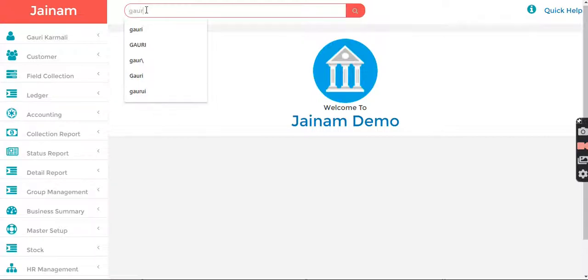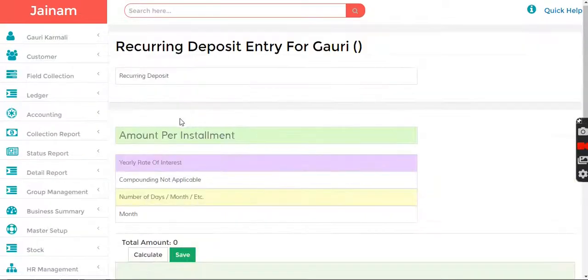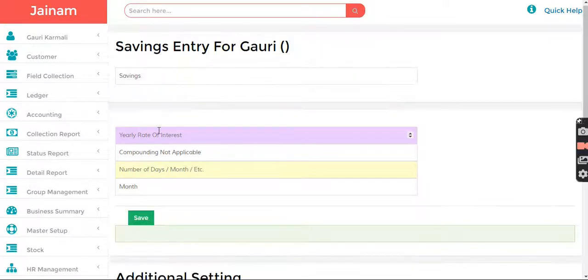Okay, sorry, this is a recurring deposit. I want to create a saving. Say 7. Okay. Say for 10 months. Okay, and then I save this.